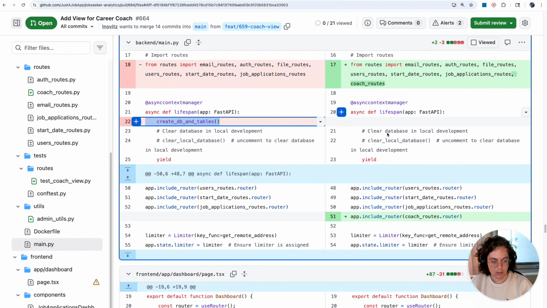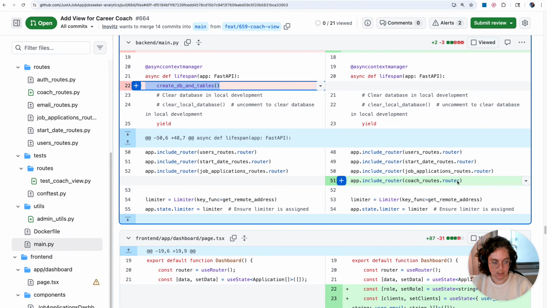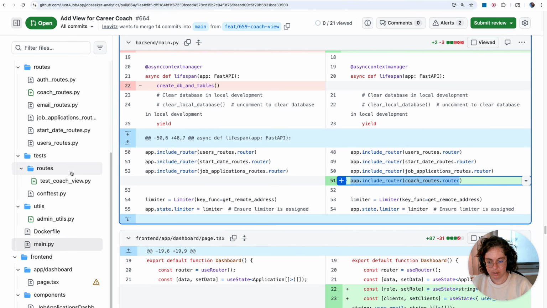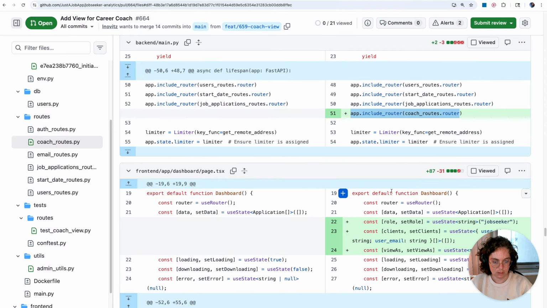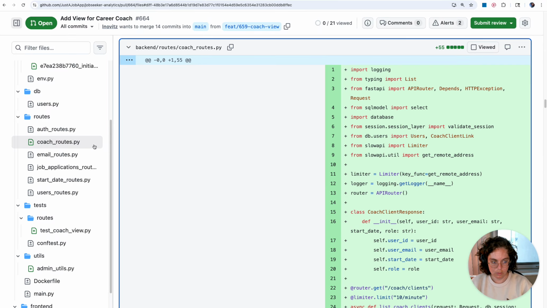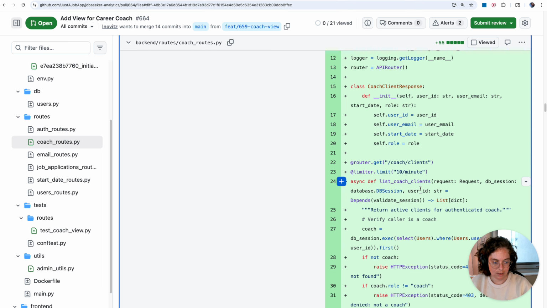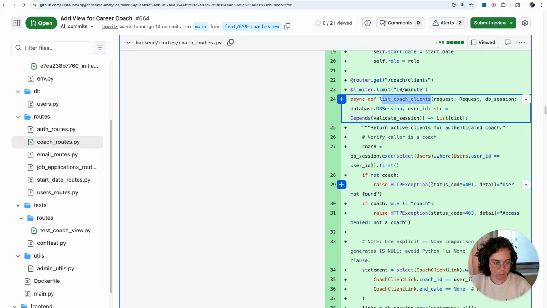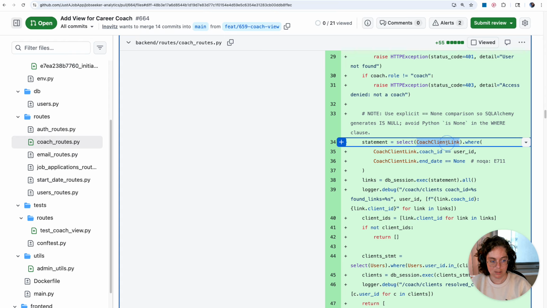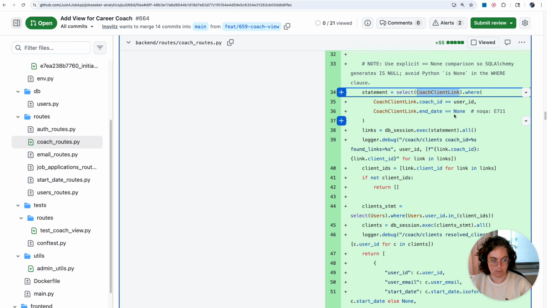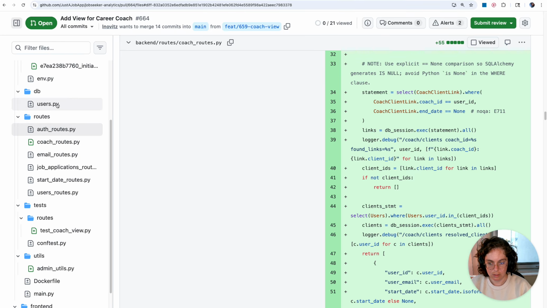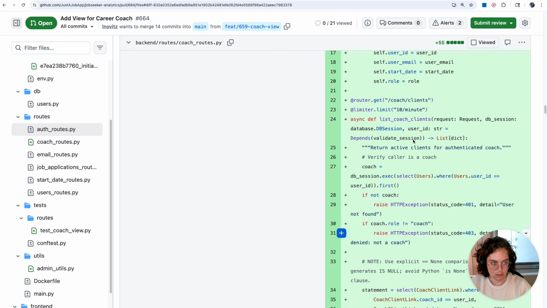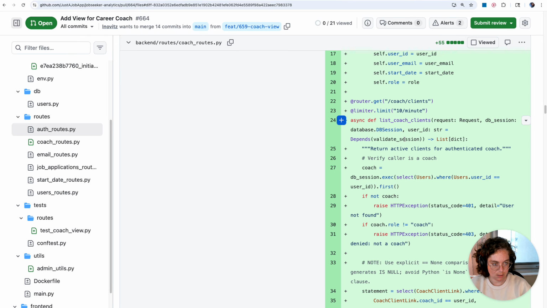And you'll see there's a new API router, and that is everything to do with the coaching clients, getting like the list of clients that's available in the coach client link table and making sure that they're active. Let's see, the main update for authentication purposes is that